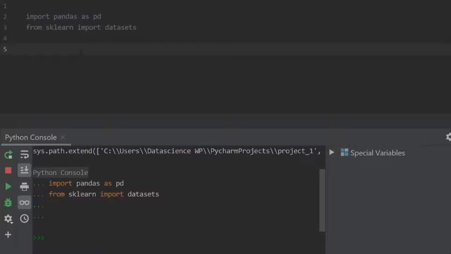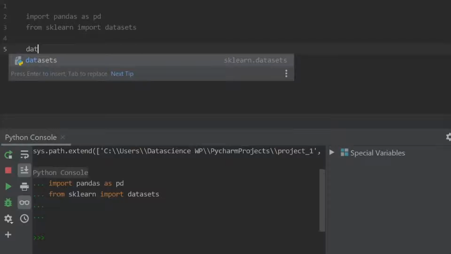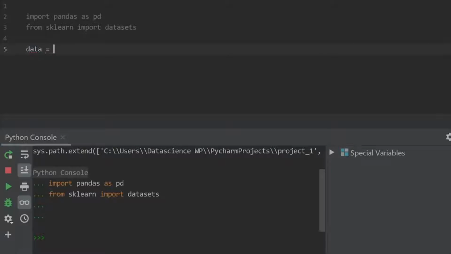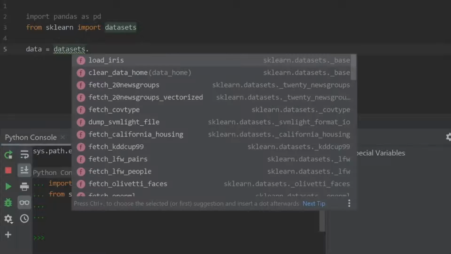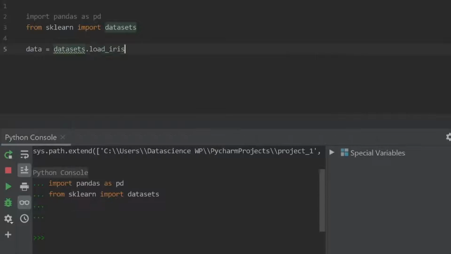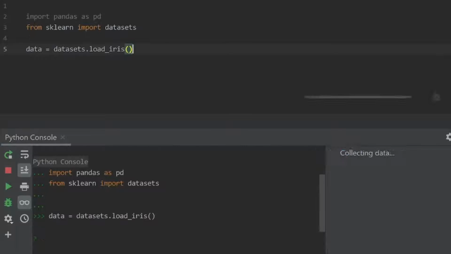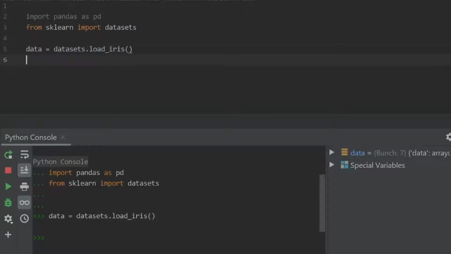Once the libraries are imported, next we need to load our data. I'm going to call this data, and like we saw in the previous video, we are going to put the IRIS data. We are going to create a data frame.